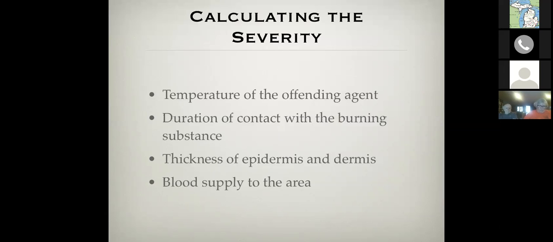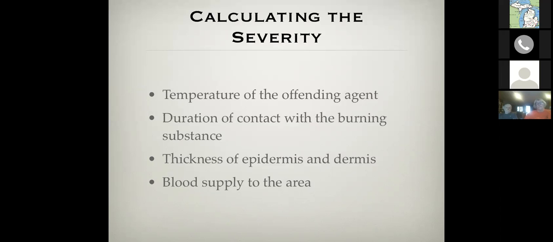So I kind of touched on this already, but the main important thing is that we want to be able to calculate the severity of the burn, because that's ultimately, in the long run, going to help with our treatment of either fluids or where we're going to go with our patient in definitive care. So some of the things that we want to do when we're going to the scene or at the scene, kind of a little toolbox